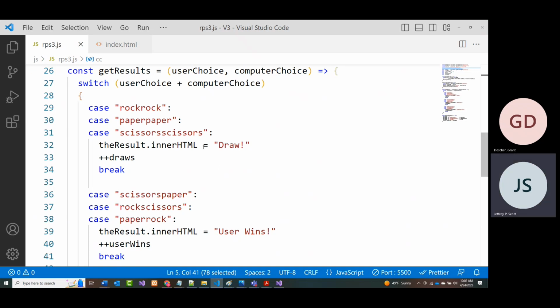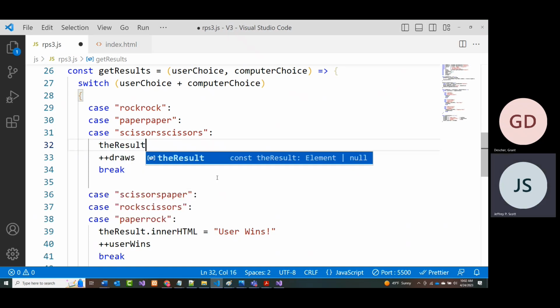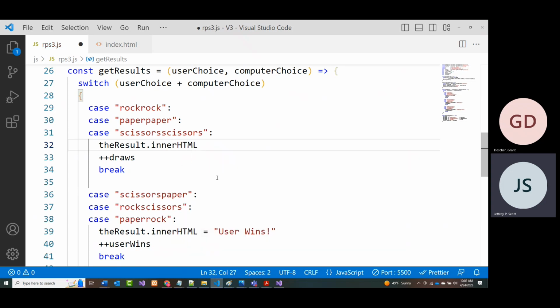That's the problem. Okay, these are incomplete right here. So we did it a little bit differently. So what this should say is the result dot inner HTML equals